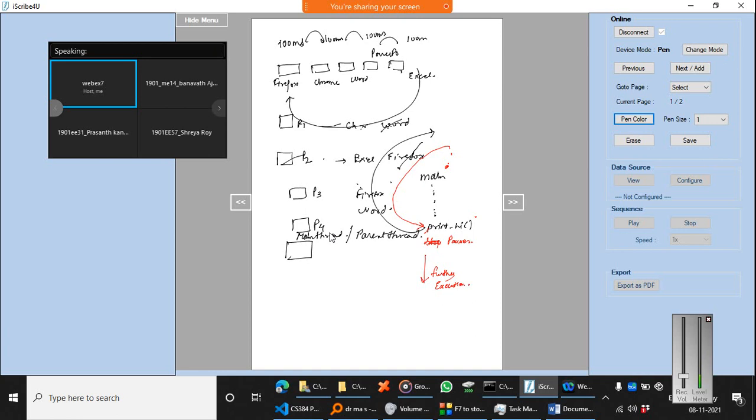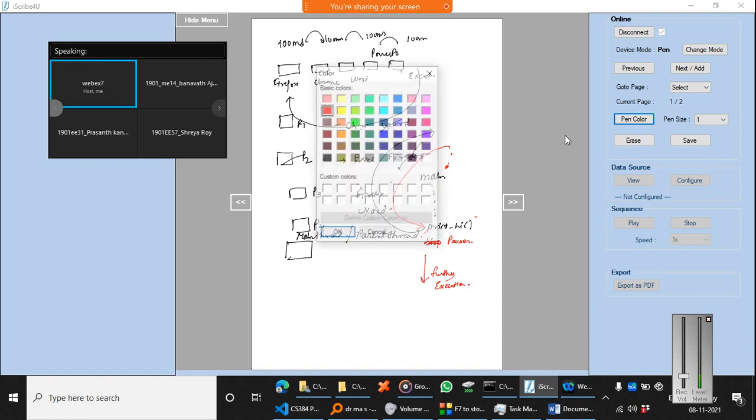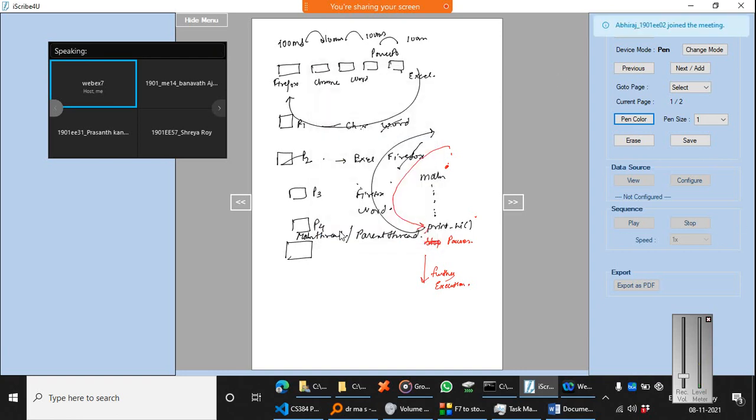Now the advantage of threading is that the function is called, but at the same time the program moves further also.